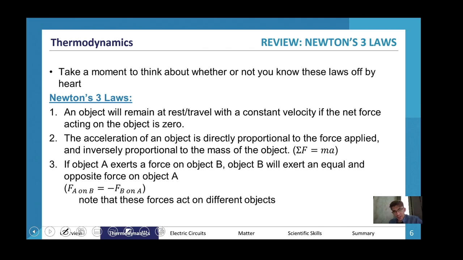Now let's look at the second law of motion. The acceleration of an object is directly proportional to the force applied and inversely proportional to the mass of the object. So what it's trying to say is if you rearrange it, acceleration is equal to force divided by mass, what will happen is you can see that